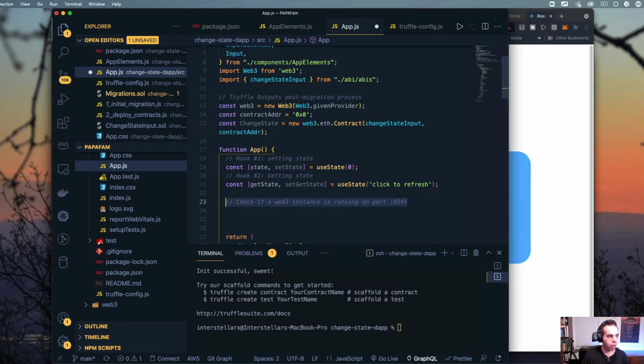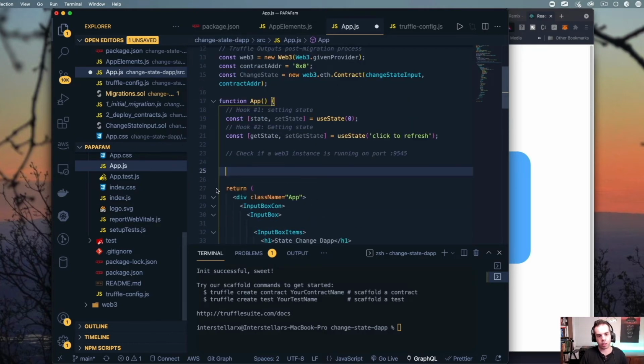Obviously, with Truffle, you're not going to be having the localhost port running, because you'd be having something deployed to the blockchain. You'd be able to read from it directly with the contract, and you'd be able to see it on Etherscan. But this is just helpful for us to be testing it. And this is a little bit important also as we are thinking about how we're building our blockchain application. We just want to be having these checks put in place.